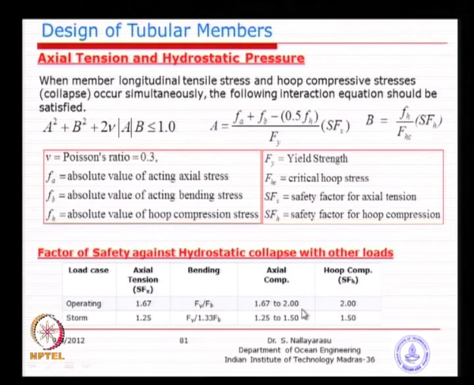If someone wants a slightly increased factor of safety of 2.0, the minimum is 1.67, and for bending, the ratio of Fy divided by the allowable bending stress, which you already have calculated, can be taken as, again, 1.67. For storm, you have slightly reduced factors of safety, very similar to our normal condition, storm versus operating: we basically have 1.67 and increase the allowable stress by 1.33. You can see the same thing we are doing in that particular case.